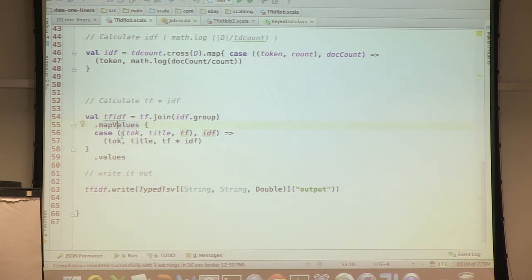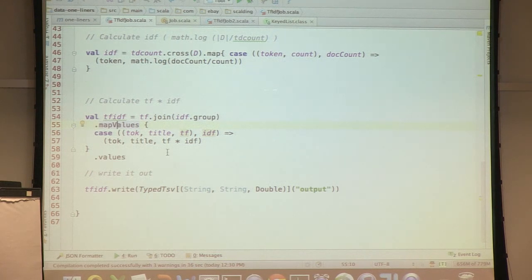In Scalding, when you have a join, or a group rather, it holds the key fixed and you have access to the value set. There's a map values and a map values set. The map values is smart and will happen on the map side as much as it can, whereas map value set, if you need the entire bucket to calculate something, will force down to reducers.